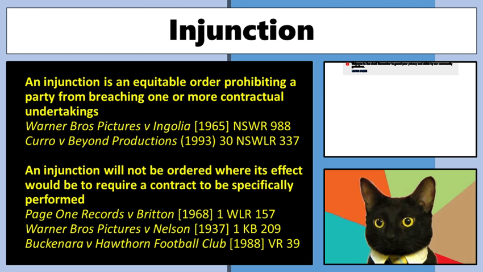For example, say two parties have come together with a contract to create a movie of some sort, or a TV show, and go and produce it, and it reaches a point where the other side's like, oh no, yeah, we're in breach, that's fine, we're just going to take this and broadcast it. In a situation where it's going to make you look bad and hurt your reputation, you might be able to ask the court to grant an injunction stopping them from doing it, where it may cause some grave injustice on you, your reputation.